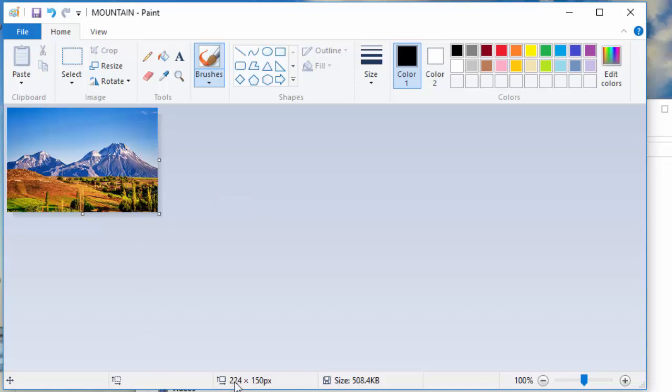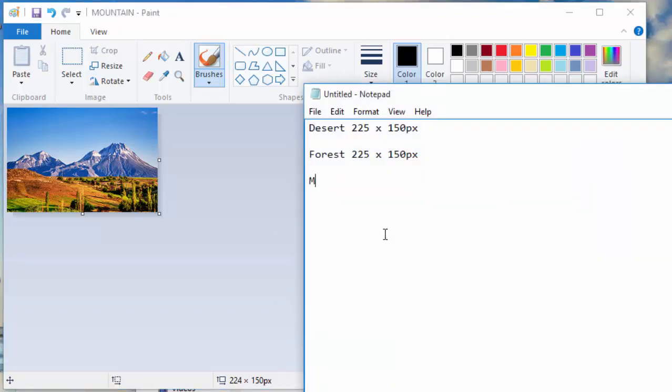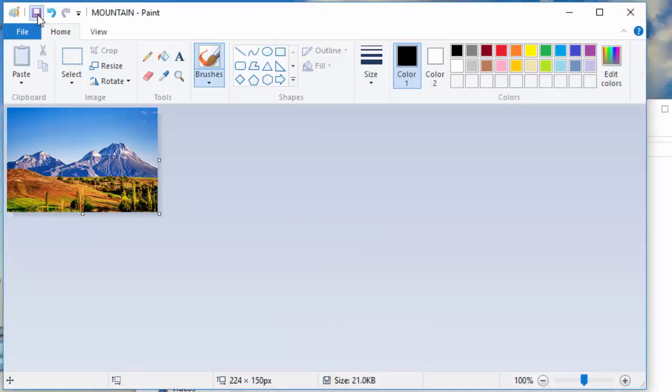You can see the dimension down here is 224 by 150. So I will come and write here mountain, which is 224 by 150 px. Then I will save the changes and close,